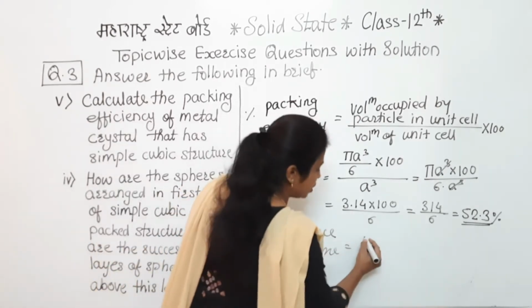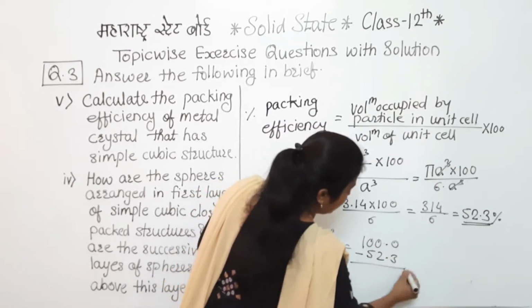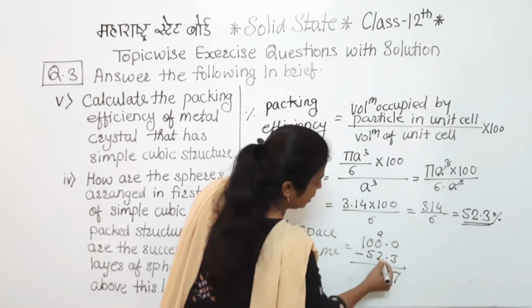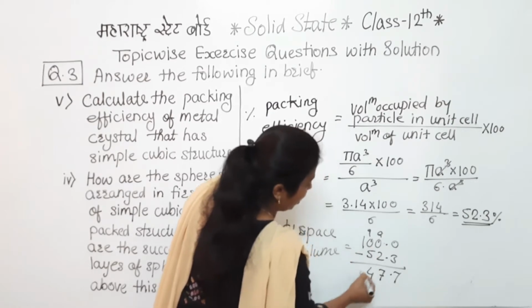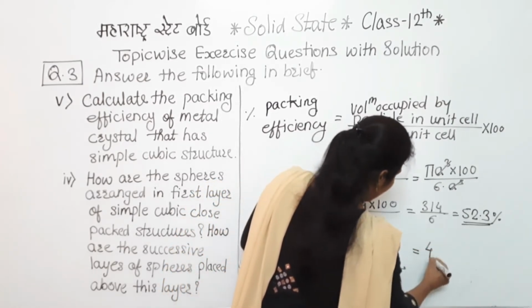How much is it? We have to subtract it. So 52.3. Here we are getting the answer, that is the 7 point. Here if we consider 9 minus 2, 7. Here 9 minus 5, 4. And here if we consider, that is the 0. Means empty space is